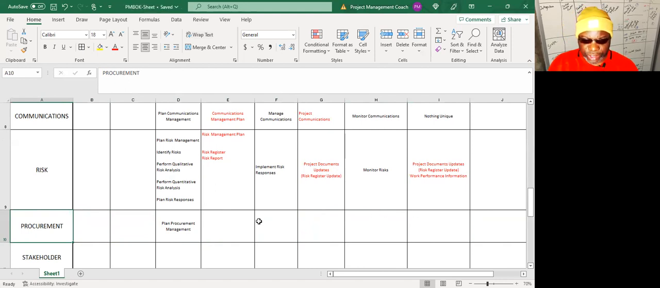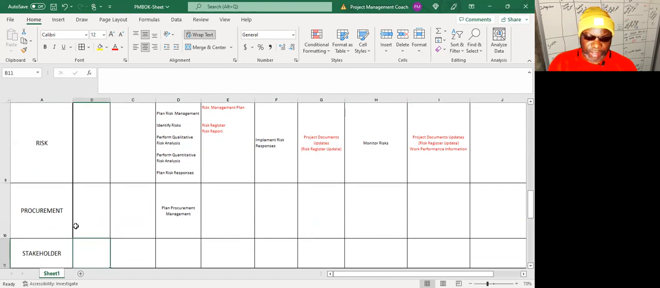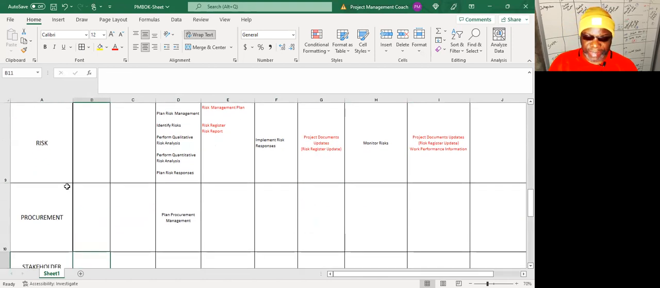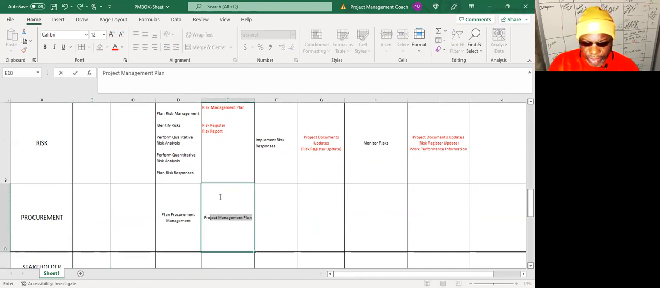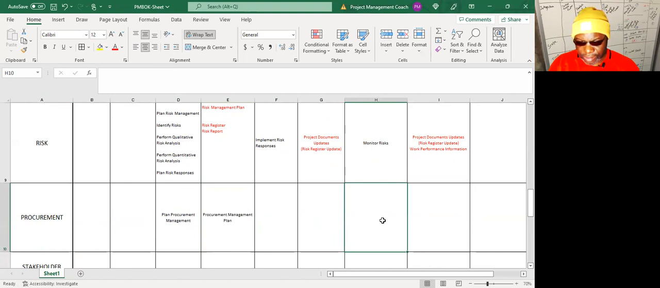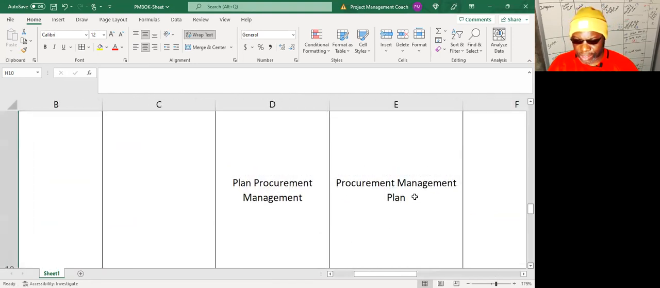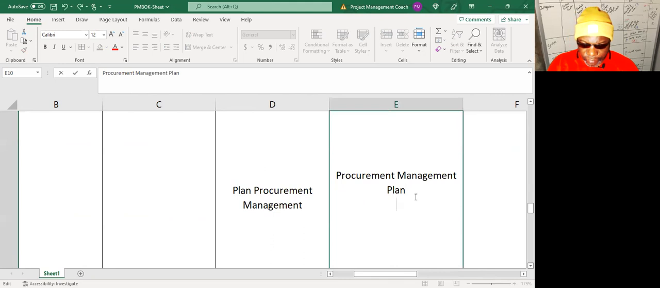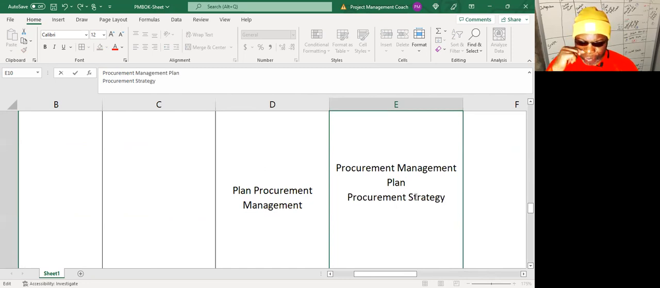Okay, let's move on. So plan procurement management is a beast of a process. I know it looks like it's just where we're doing make or buy decisions, but it's not. There's a lot here. So we have the procurement management plan. We're going to make this bigger. We have the procurement management plan. We have procurement strategy. We have the ICE, independent